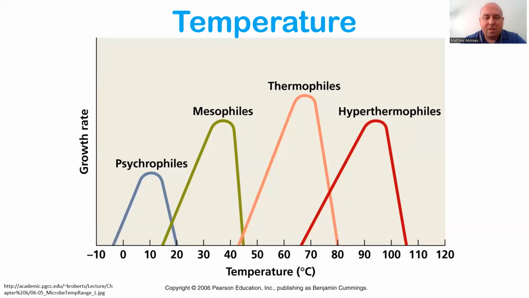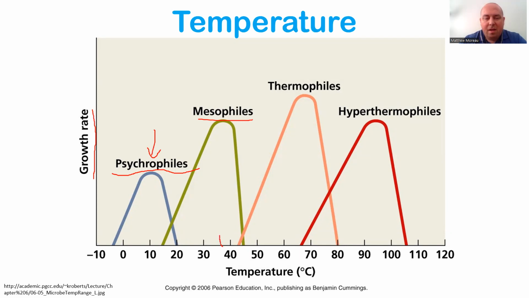Temperature also plays an important role in defining certain aspects of bacteria. There are bacteria whose growth rate is optimal in different temperature ranges, which gives rise to a certain classification. So we have psychrophiles, which grow at extremely cold temperatures, mesophiles, which grow mostly in our biosphere, so between 15 degrees centigrade and 45 degrees centigrade, which, just for reference,